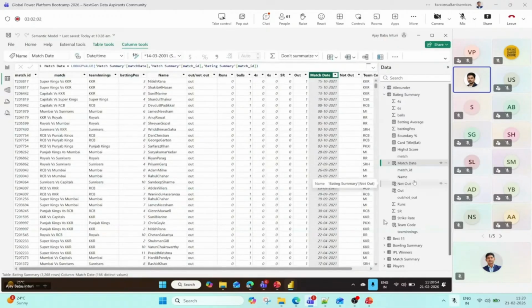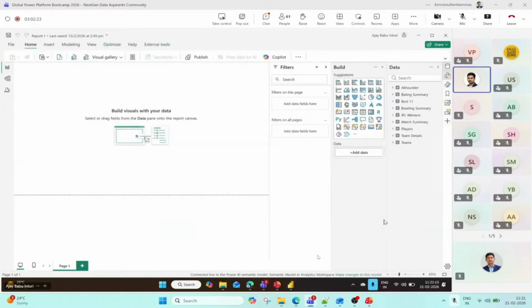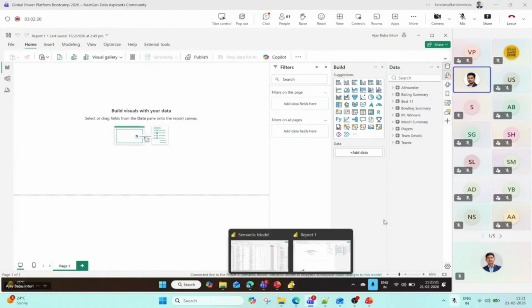Once you create and publish this semantic model, and if you need any calculations, again you have to create the calculated column within this master copy, and then you have to publish this report to Power BI service. Then only you can see the new calculated column in the report, right? So I'm opening this report. It's an empty report. I'm showing how it shows these calculated columns.